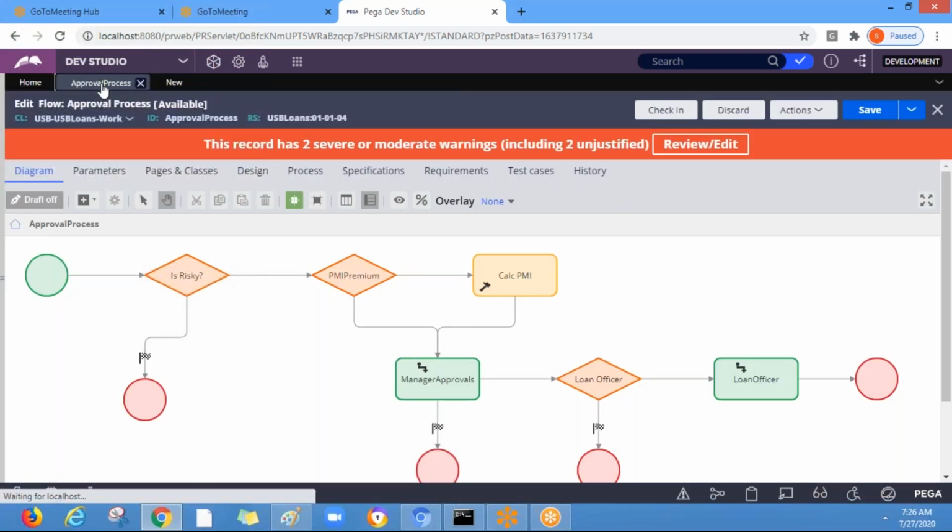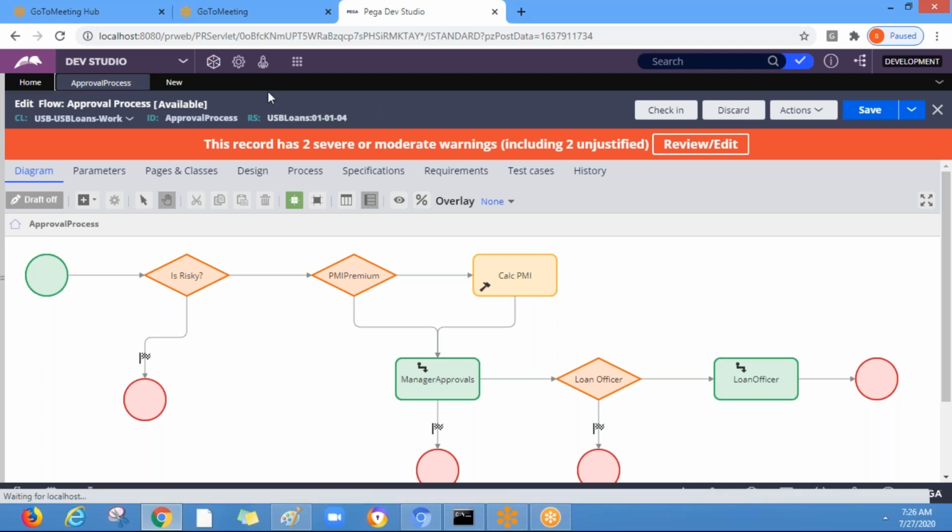Before we specify the respective operators, let's test this. The first thing is that it will be resolved risky if the borrower has more liabilities than assets, or the loan amount is greater than both the incomes into 3.